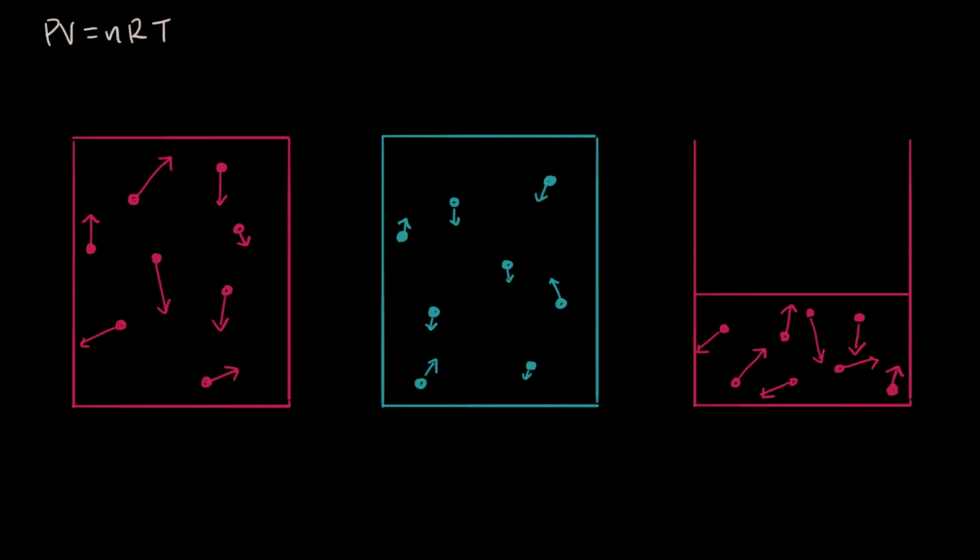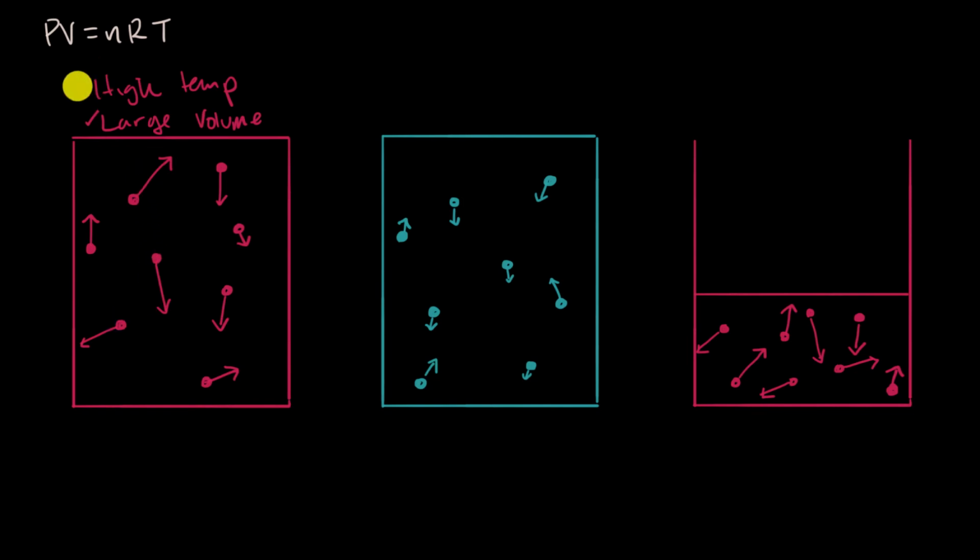This first scenario right over here, I have a high temperature, and I have a large volume. And both of these are really important because when we think about when we get close to being ideal, that's situations where the volume of the particles themselves are negligible to the volume of the container. And at least here, it looks like that might be the case because we're dealing with a very large volume. Even this isn't drawn to scale. I just drew the particles this size so that you could see them.